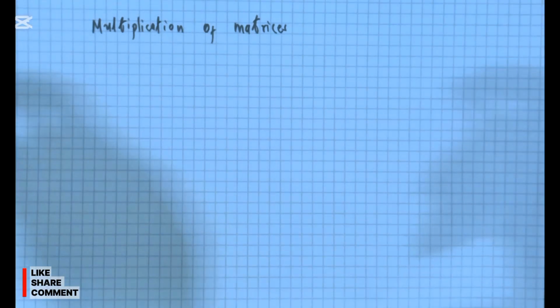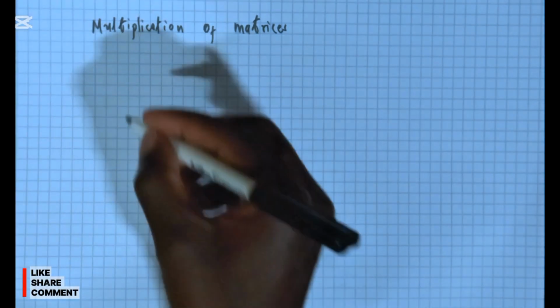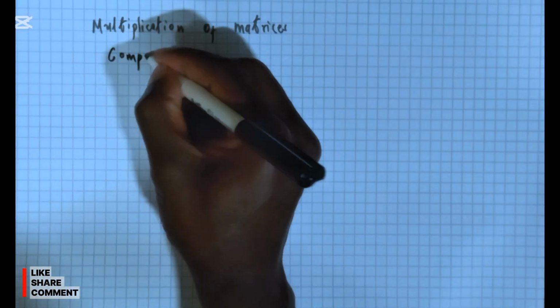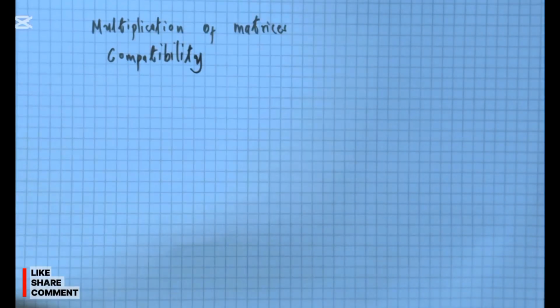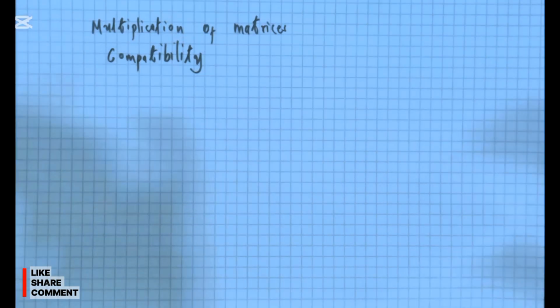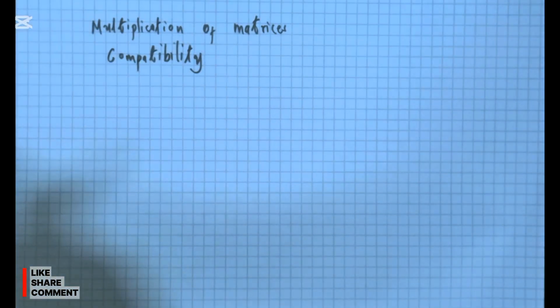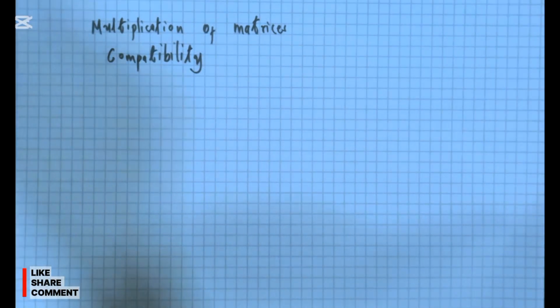So one thing I want to put across before we do any example is the issue of compatibility. We saw that when we were adding and subtracting, we needed to check for compatibility, and in that particular case, the matrices before adding and subtracting had to have the same order. So compatibility when multiplying matrices by matrices is different. When we're doing scalar multiplication of matrices, there was not an issue of compatibility there. However, when you're now multiplying a matrix and a matrix, then you have to first of all check for